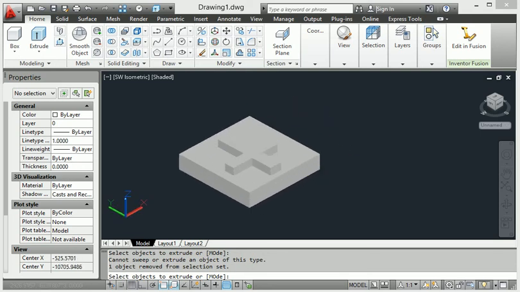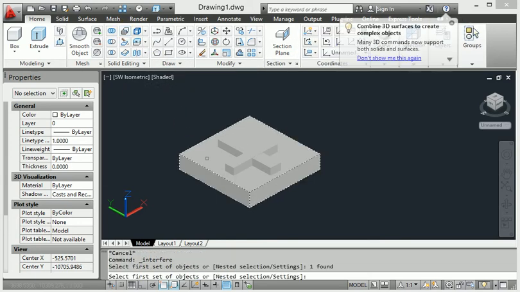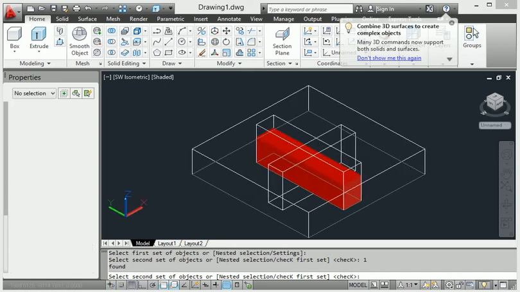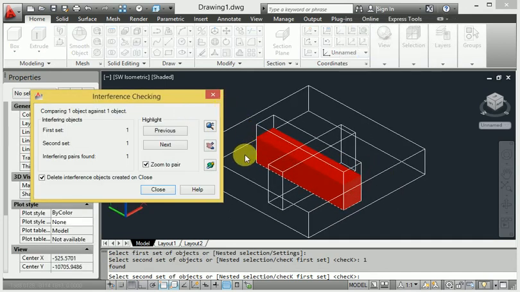Again I will show you how to get the interference in this whole body. First of all, enter interfere, then select this body and enter, then select this body and enter. Look at this: between this particular body and this particular body, interference is created in this area.